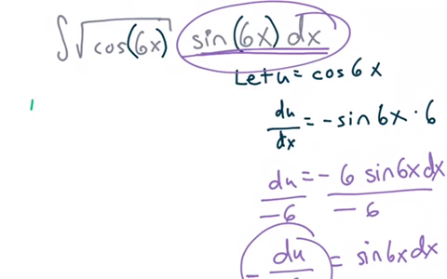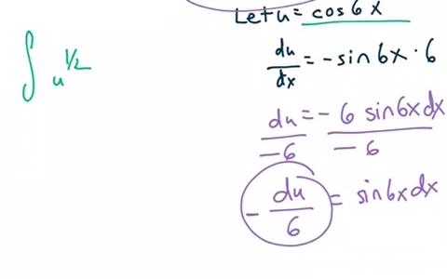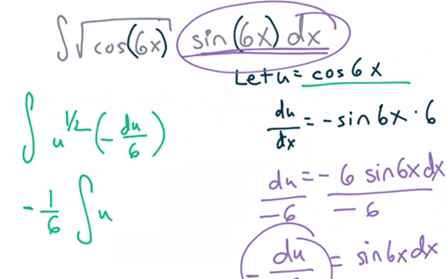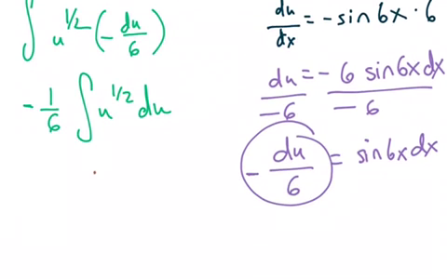So I'm left with the integration of u to the 1/2. Remember, u is cosine 6x. Square root is 1/2. It's raised to 1/2. And then negative du over 6. So again, I want to make my life easier. Negative 1/6 u to the 1/2 du. And so if I integrate this,